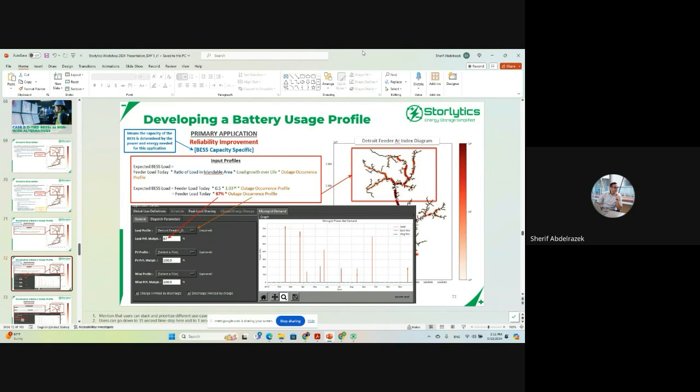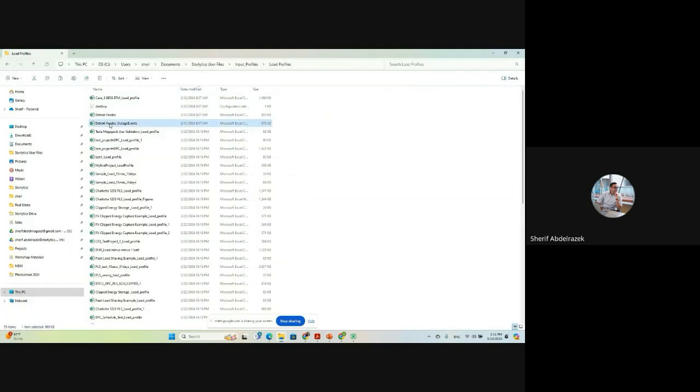It's just slivers of load when outages actually occurred. And here we want to scale it to account for the fact that the load in this region is 50% of the feeder load, and we also want to scale it to account for what the load is going to be in year 10, which is our assumed battery project life in this case. Detroit feeder outage events,